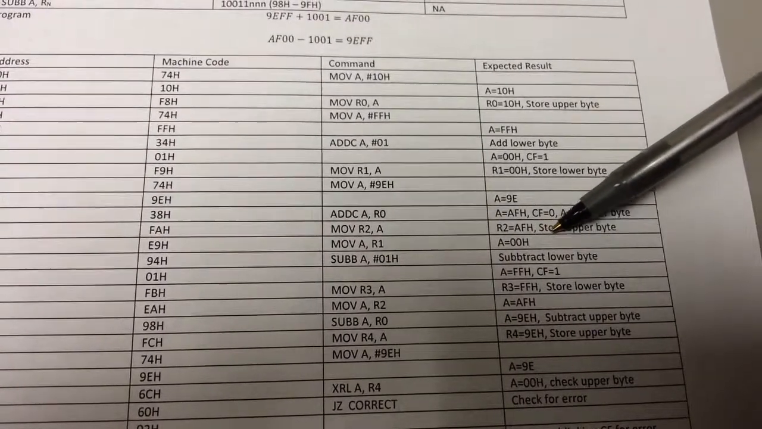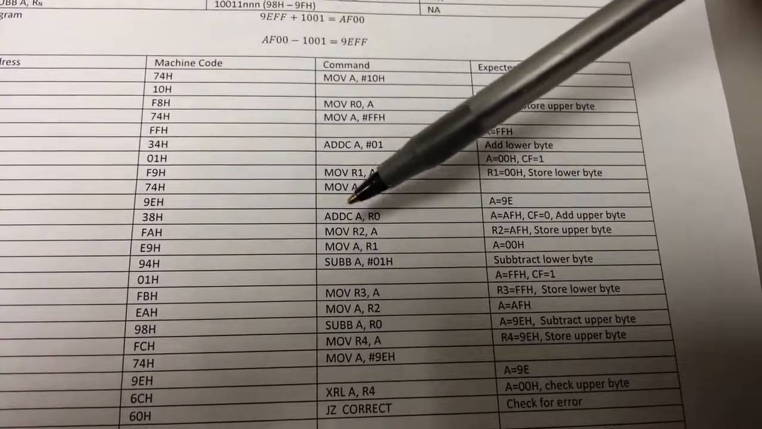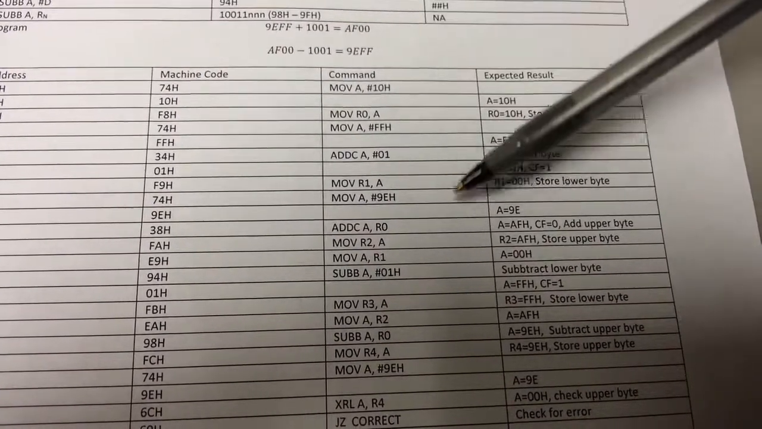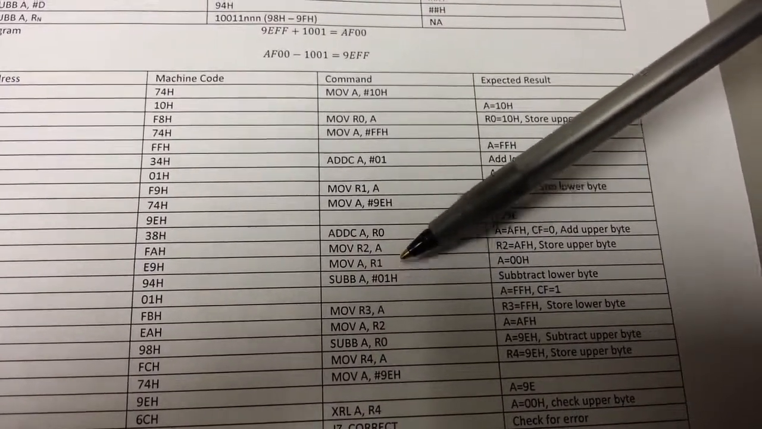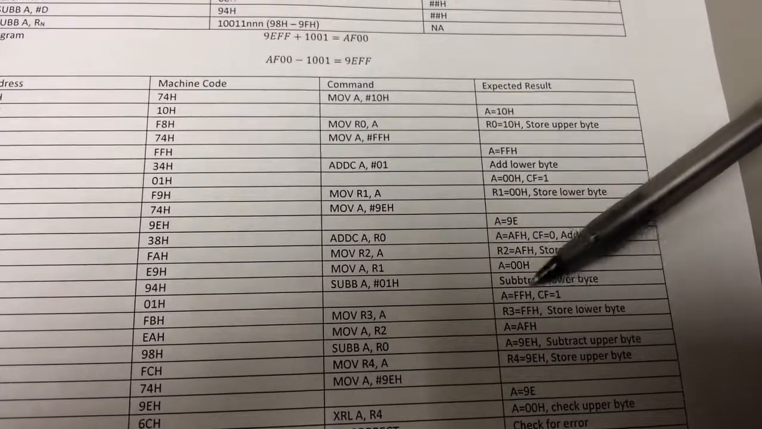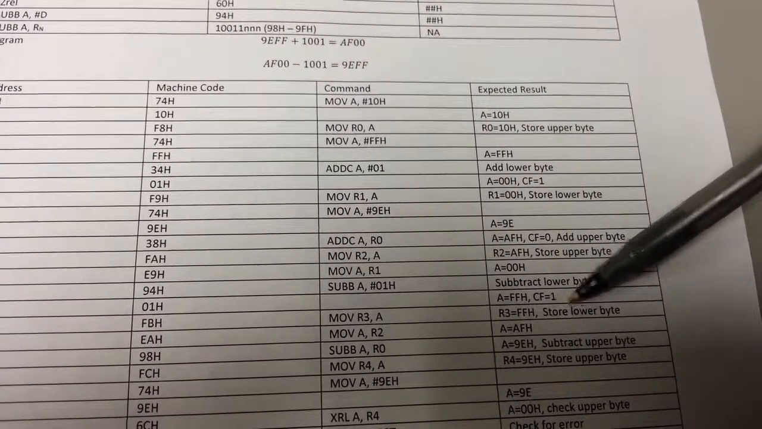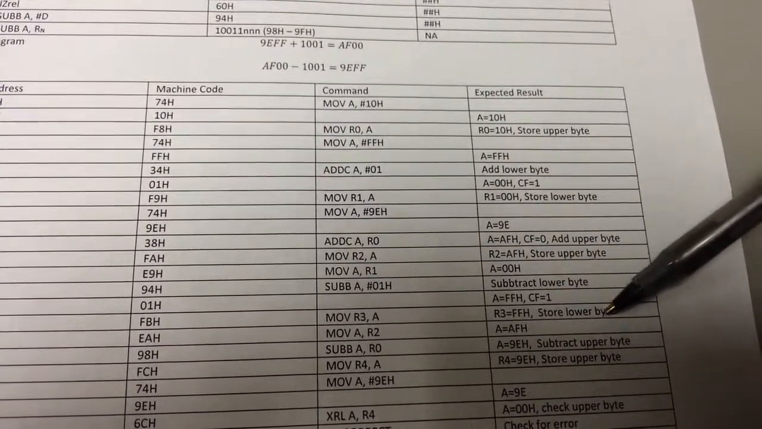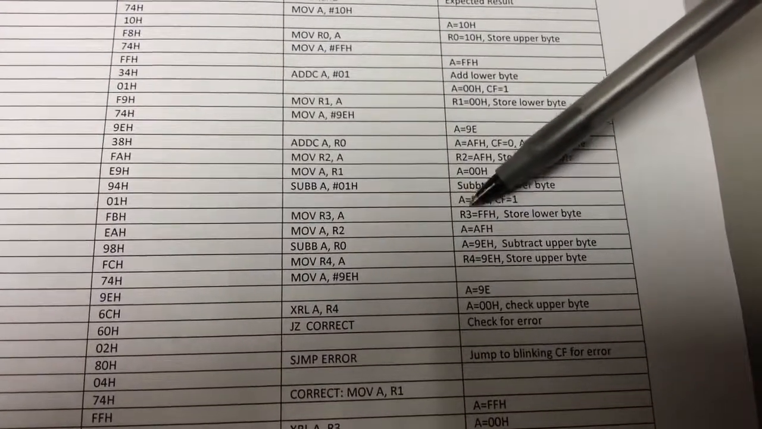So we start with the lower byte. We move R1 into the accumulator, which was the 00 lower byte of the first result. We then subtract 01 from this. This will give us FF as the answer and throw the carry flag, which will subtract an additional 1 from the subsequent upper byte. We then store the lower byte of the subtraction operation into internal register 3